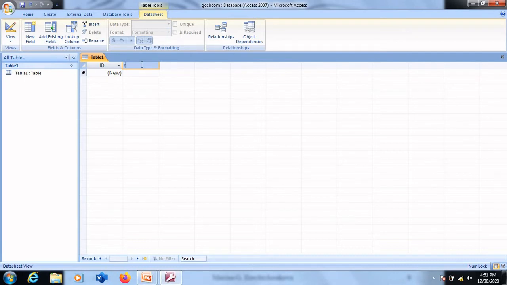So let us create a first field with the name roll number, and to create one more I just have to click on some row or some column and a new column will be created. Let me give the name as subject, or let me have it as course. And to have one more, I just have to place my cursor at the next row and one more column will be inserted. Let me have this as subjects or subject. So this is how table can be created.